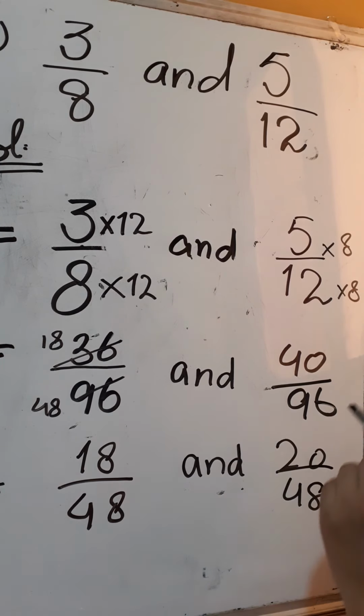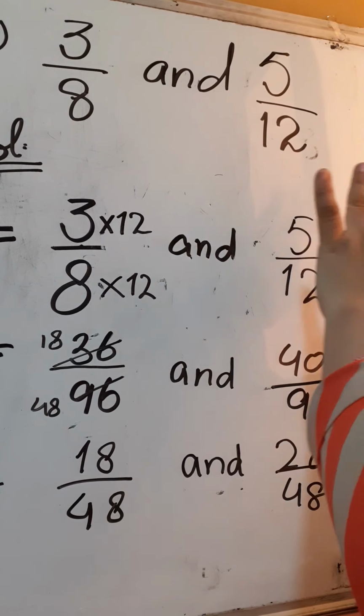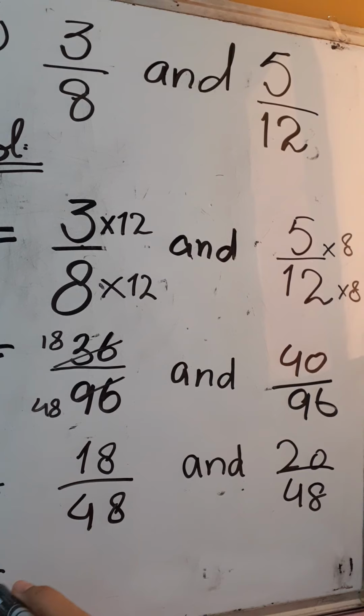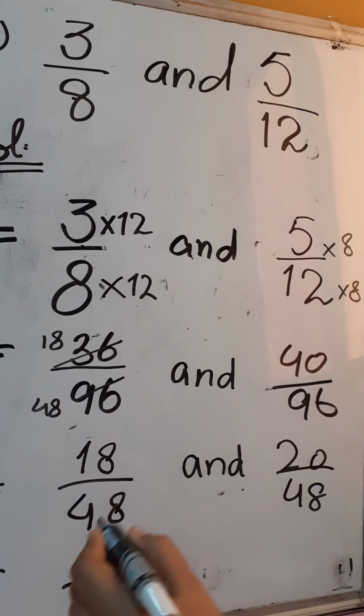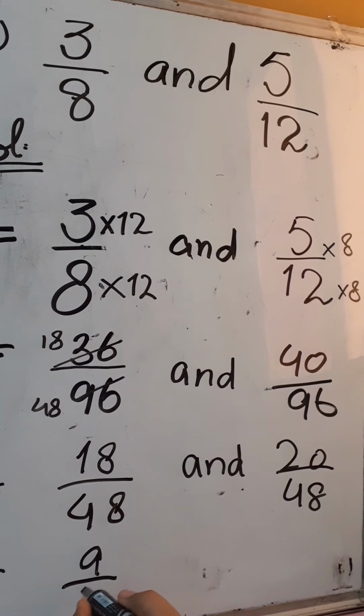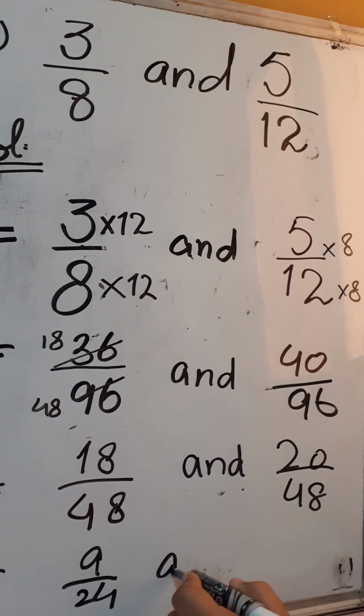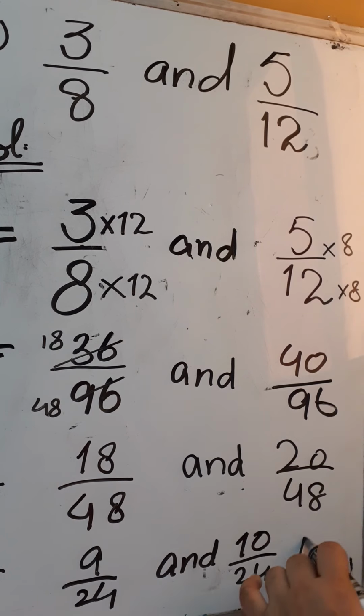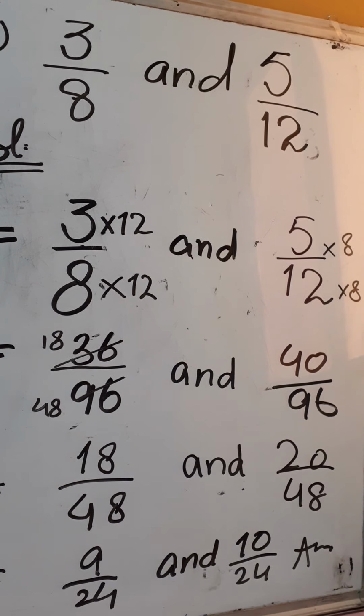It's very long. When you check that the denominator is too high, you learn the tables. Okay. Then again 2 nines are 18. 2 twos are 4. 2 fours are 8. And 2 tens are 20. 2 twos are 4. 2 fours are 8. Now again it's the answer. Understand, students?